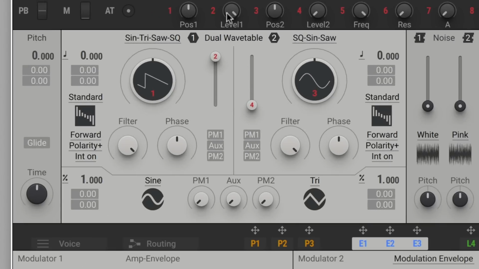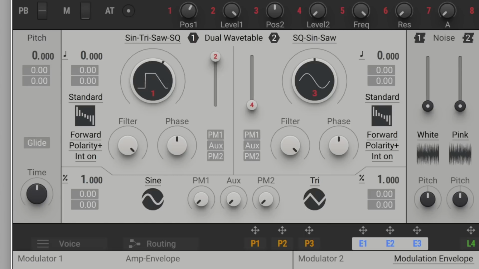We have two primary oscillators which are identical. We can see they're numbered 1 and 2, and we have two identical sets of controls. At the moment you can see in oscillator 1 I have a wavetable loaded which is sine, tri, saw, square. So if I wanted to just morph through that wavetable, I could adjust that value here, or actually you can see that there's also a red number 1 which tells you that one of the 16 macros has already been pre-assigned in this preset, so I could make that adjustment